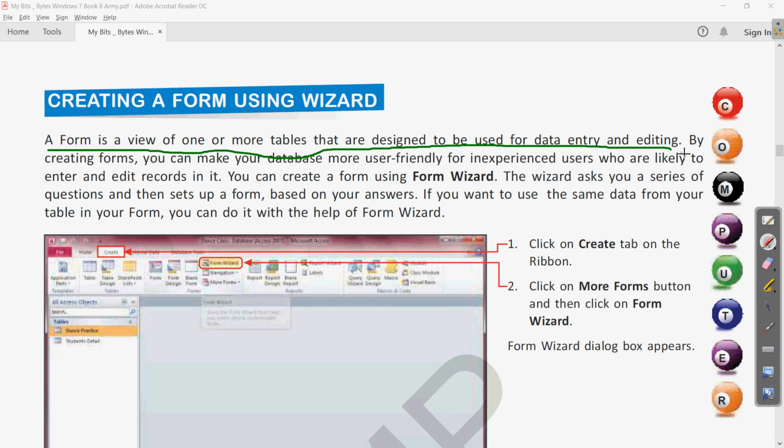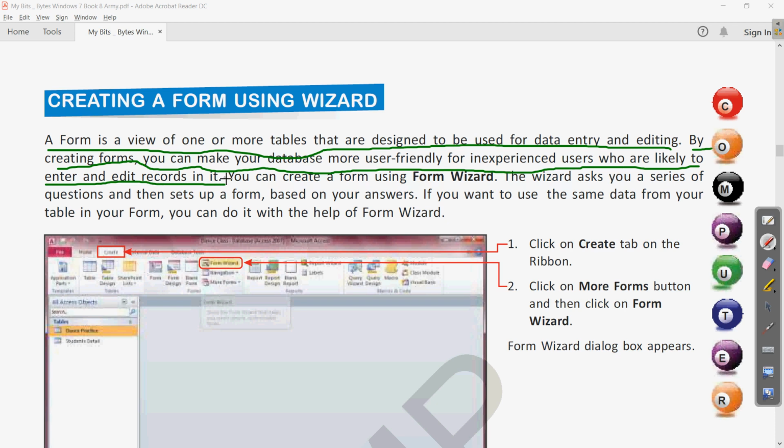Clear? Then what is its use? By creating forms, we can make our database more user friendly for inexperienced users who are likely to enter and edit records in the table. So this much is the answer.